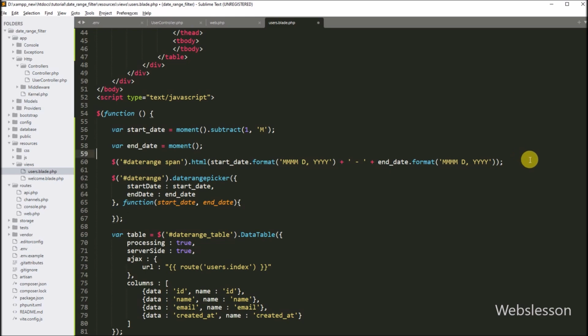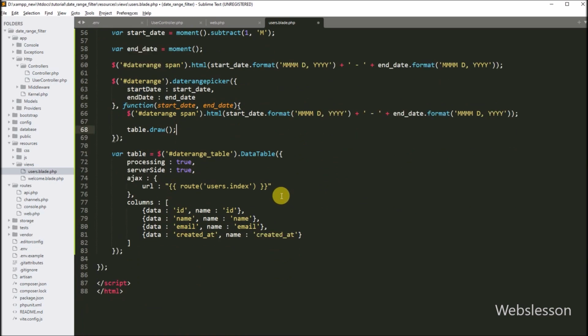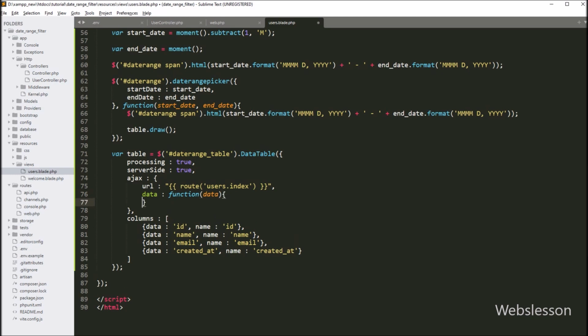And under this function, we simply copy this code and paste it here, so it will display the selected start and end date. And below this, we have to write the table variable dot draw function, which will refresh the DataTables data. Now we want to send the from date and to date data to the user controller, so here in the DataTable code, we have to write the data option with a callback function with data as an argument, and under this function, we have to write